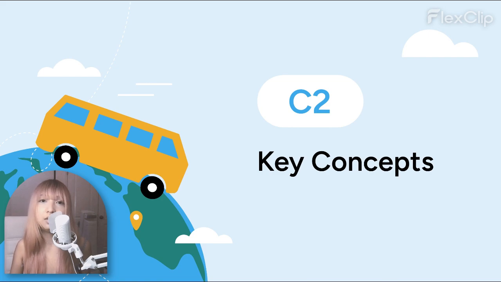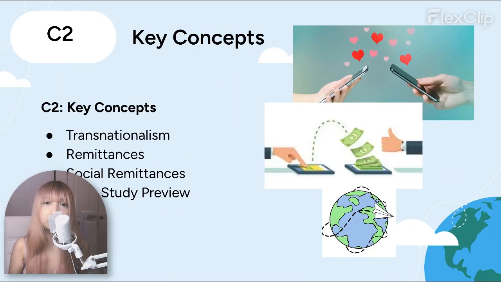C2 Key Concepts. Next, I'll introduce key concepts through a short lecture and guided discussion. Transnationalism explains how immigrants maintain connections across multiple countries. Remittances refer to money or resources that are sent home, and social remittances include ideas, values, and cultural practices that